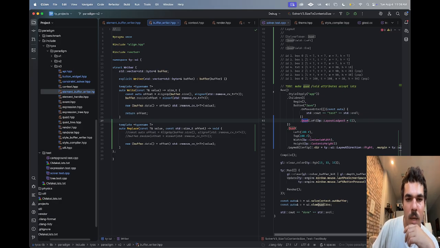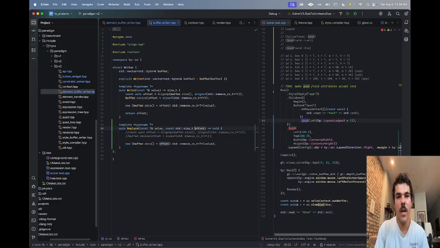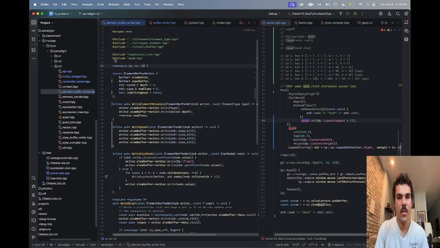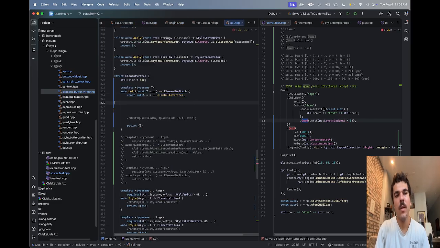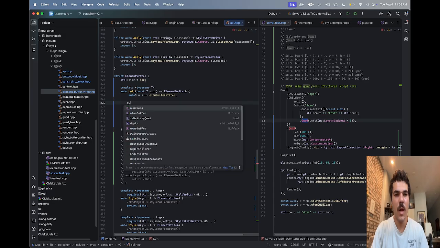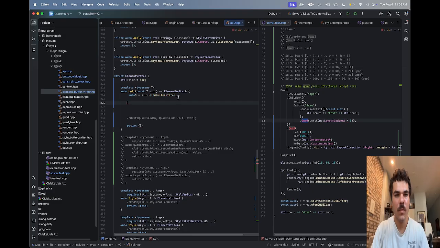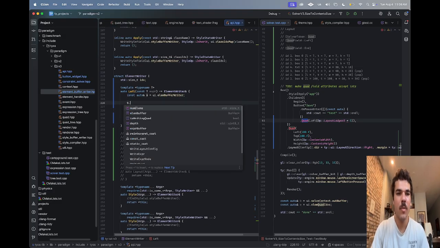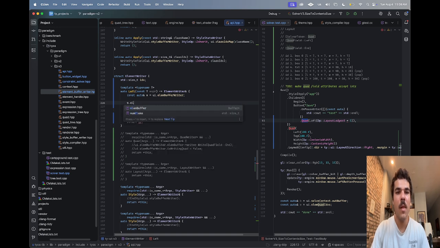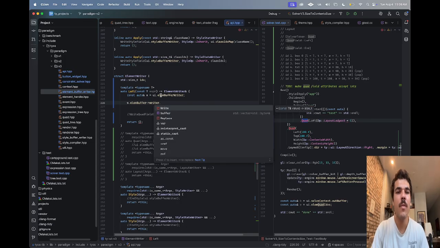Because that theoretically should work. So left should say w dot w dot ln buffer dot writer dot. I should never name something ln buffer right. I'm losing it. All right, w.ln buffer writer dot replace